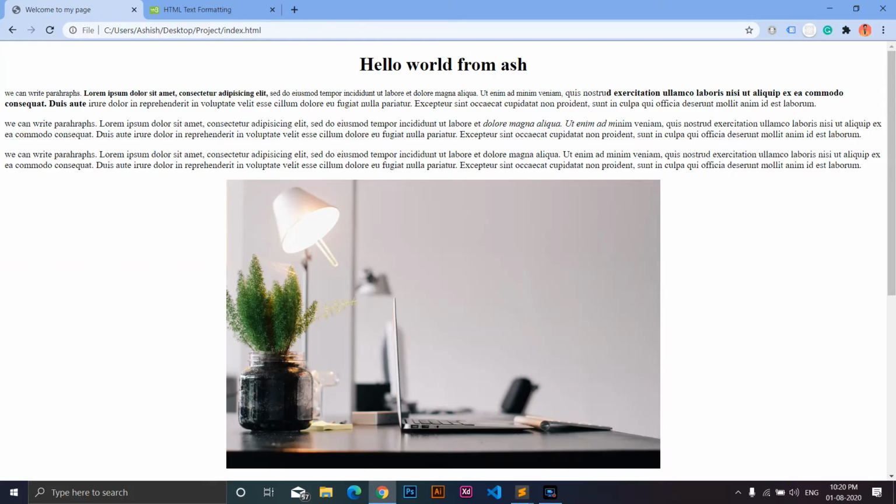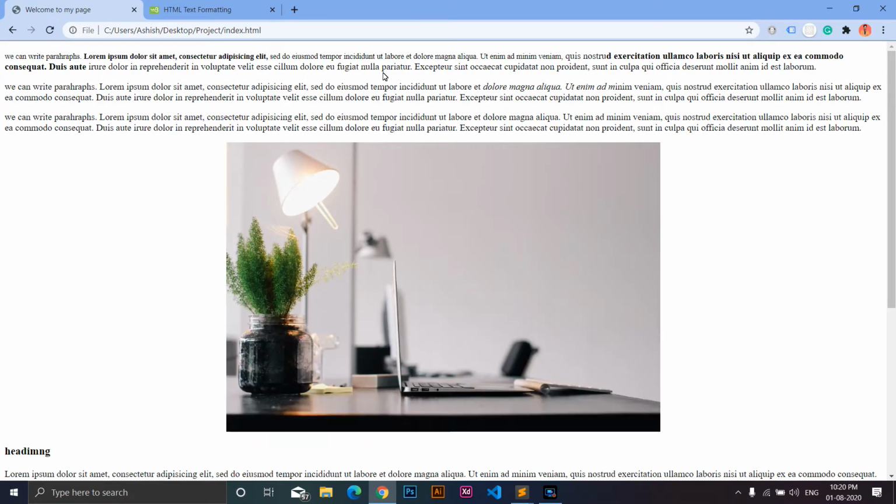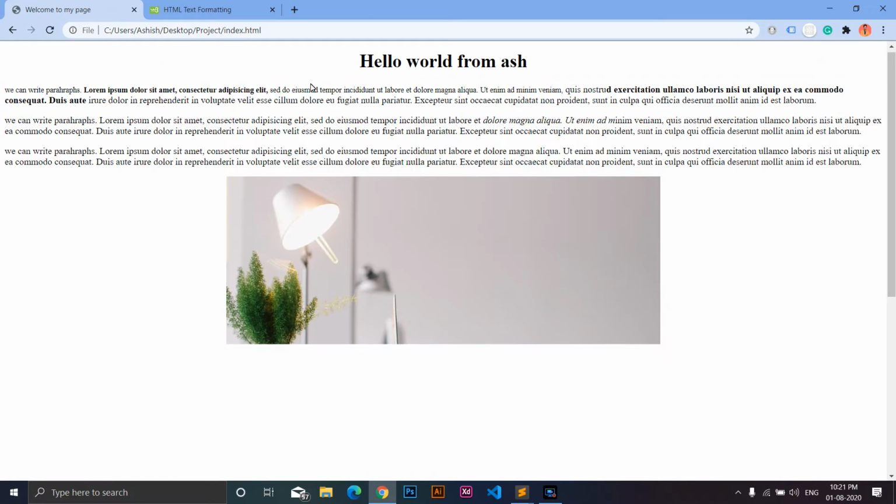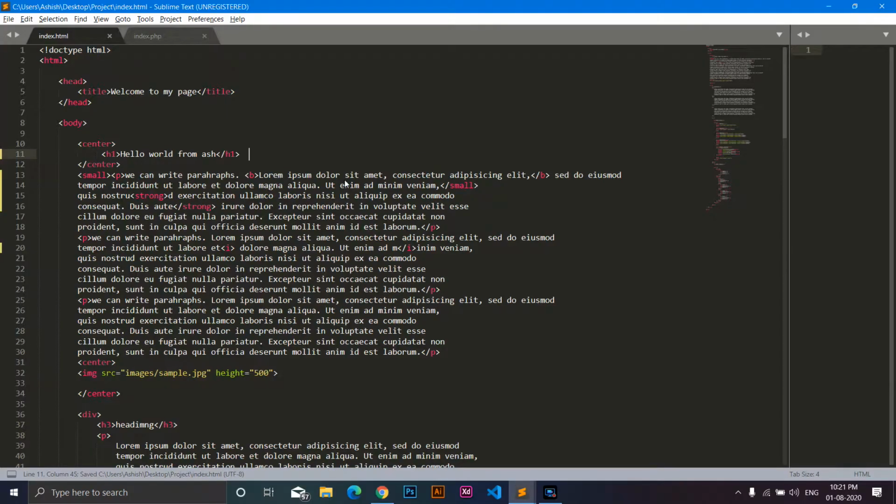If I save it and go back to our page and refresh, you can see the heading is gone now. The main purpose of using a comment is that if I need this heading somewhere later in my development, I can just remove this comment and get back this heading. So this is how you add comments to your code.